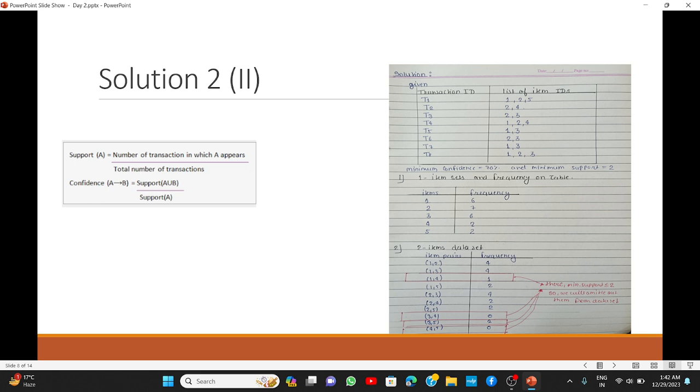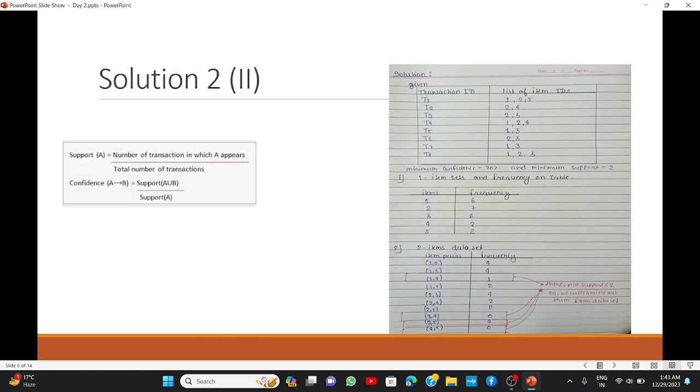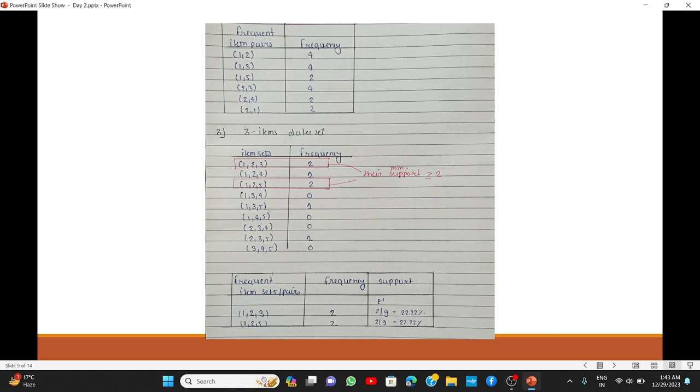Now we will compare the frequency with minimum support. If their support is less than 2, then we will remove them from the table. So 1 4, 3 4, 3 5, and 4 5 have support less than 2. Now after removing those item pairs, we will create a new table, and